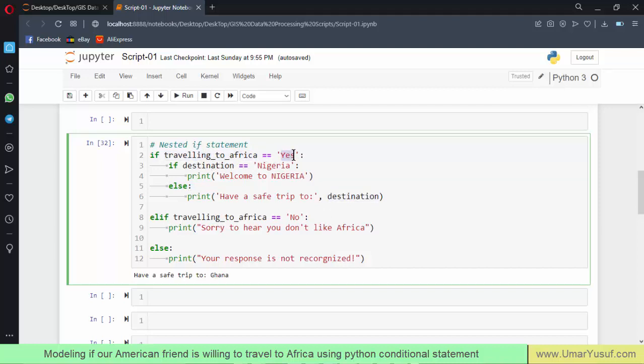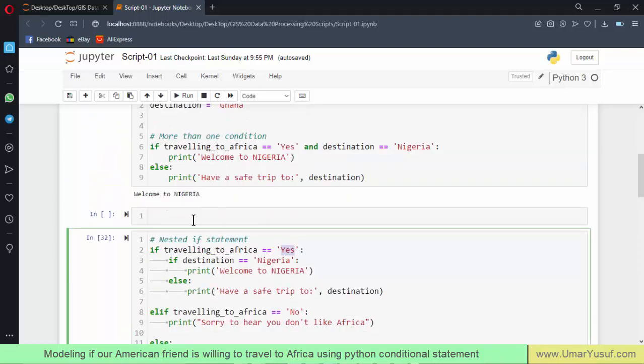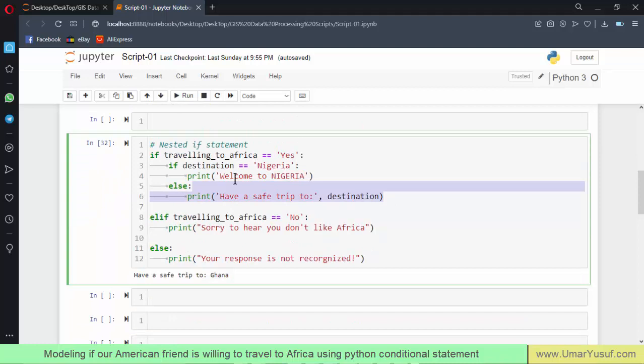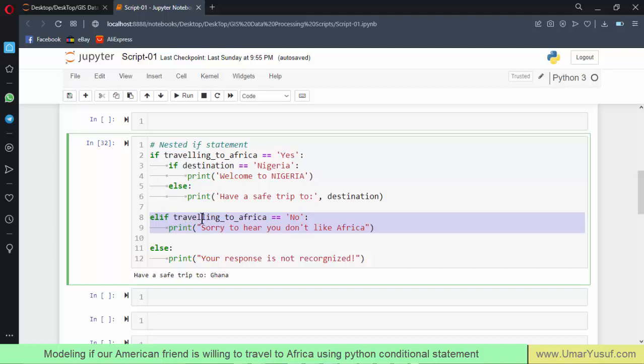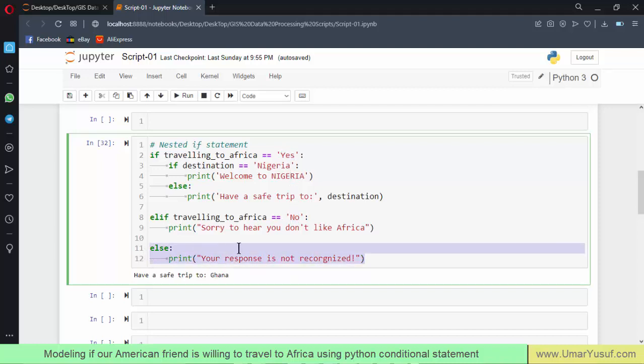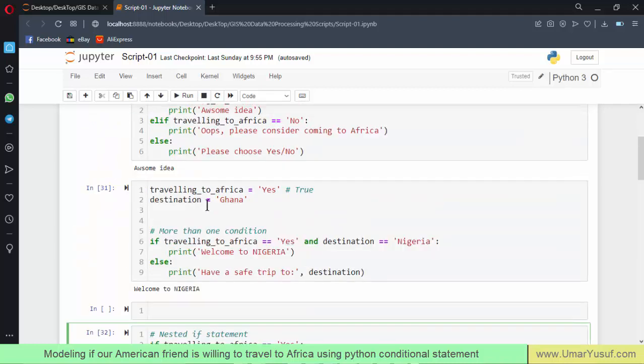But if our friend is not traveling to Africa, that is, this option is set to no, then the whole of this code will not be executed. The execution will shift to the next line within the if block statement, which is this. Then we'll also check if traveling to Africa is no. If the response given by our friend is set to no, then we print out this statement. But if the response is neither yes or no, then we'll have to execute this last line of the code. So let's test